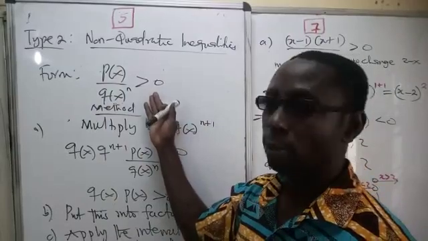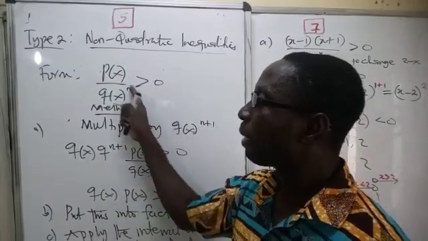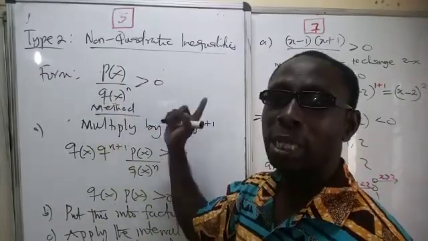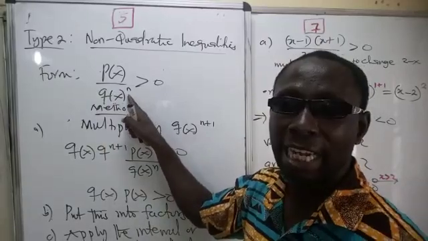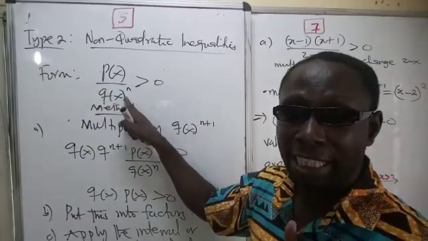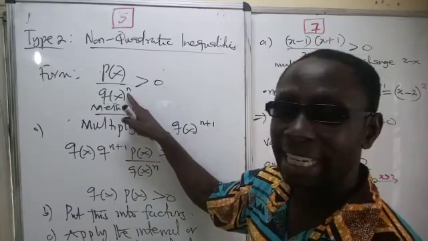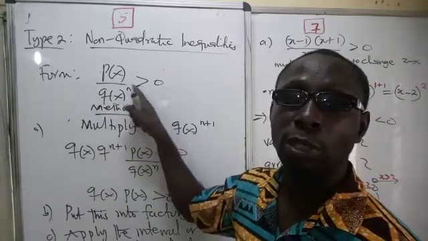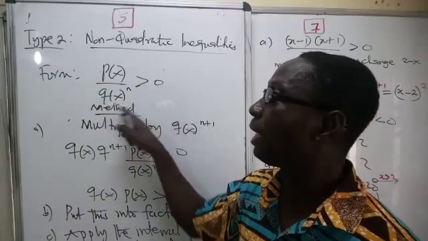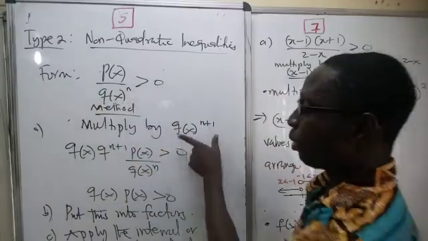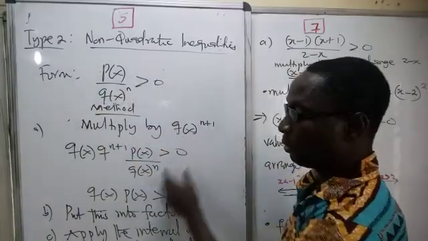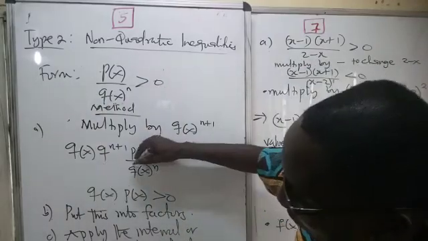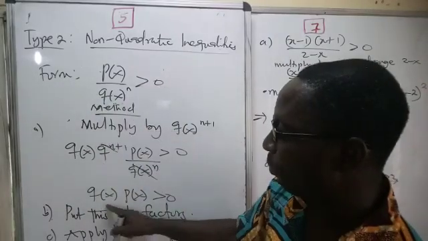Now, if you want to solve this problem, the method is to multiply through by the denominator with a power one higher than the denominator. So if it is to the power n, we are going to multiply by the power of n plus 1. So if it is power of 2, it means you're going to multiply by the power of 3. So you multiply by the power of n plus 1. Then this possibly will cancel, and you'll be left with